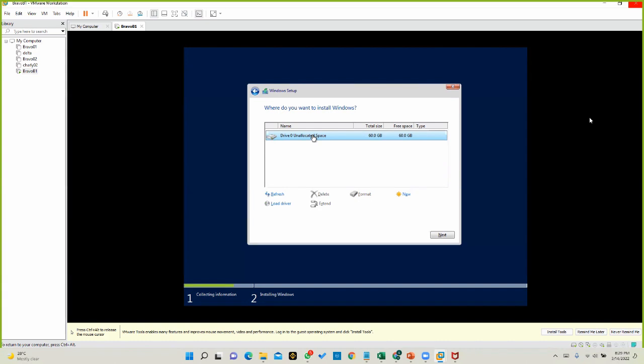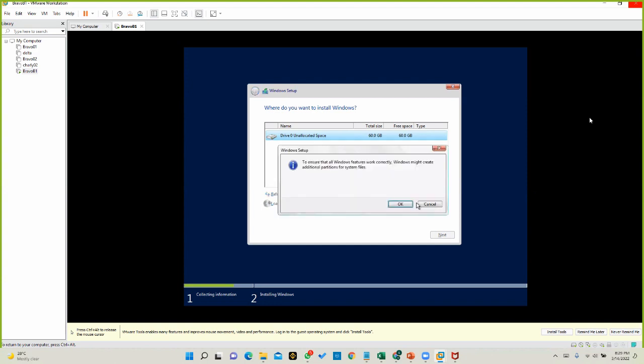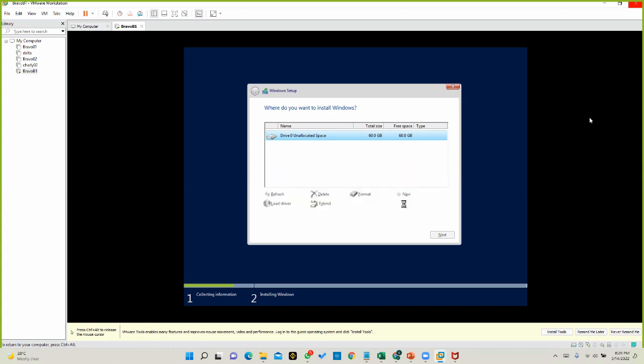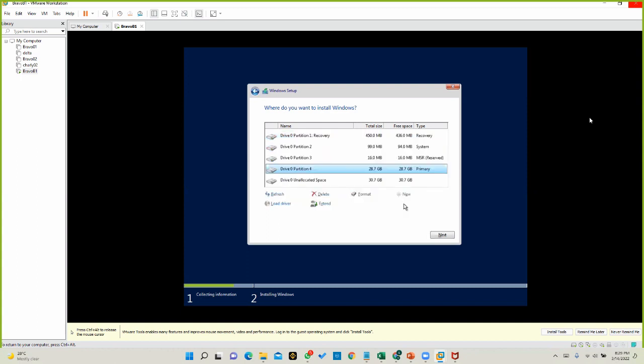Or else you can create a new partition here, and assume I will give 30 GB. Then it will create all required partitions automatically.